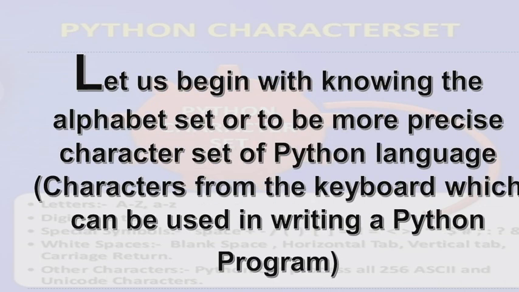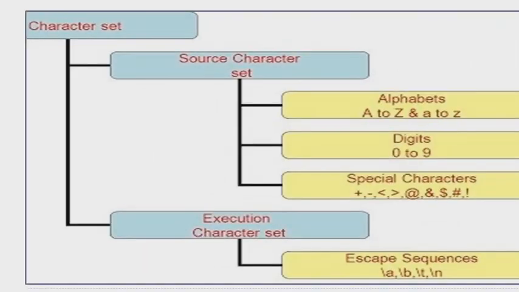So these are some alphabets, numbers, some special characters which are given on your keyboard, some spaces like the tab key and space bar, and also all the ASCII values you have learnt in chapters 2 and 3, and Unicode characters also. So these are the character sets. Basically, we can divide character sets into two categories: source character set and execution character set.